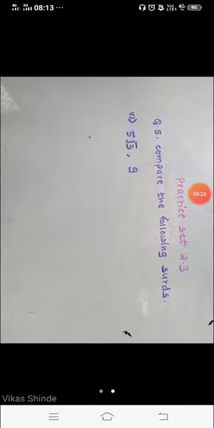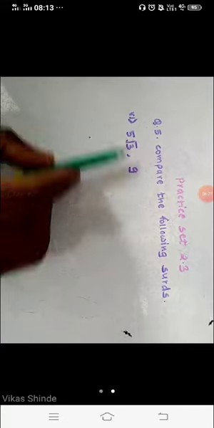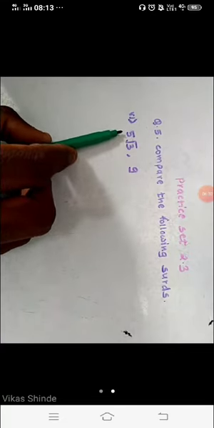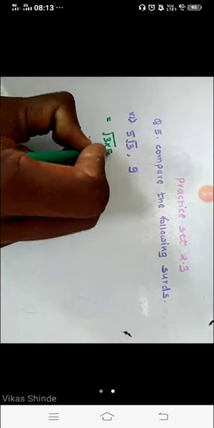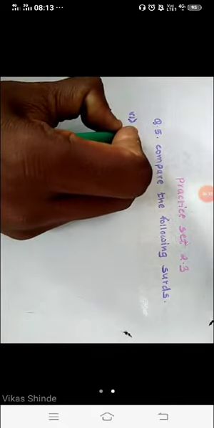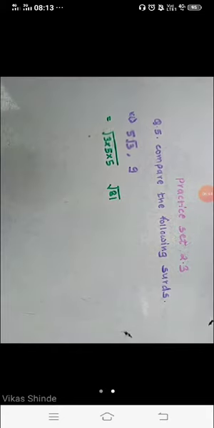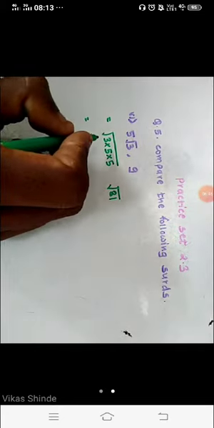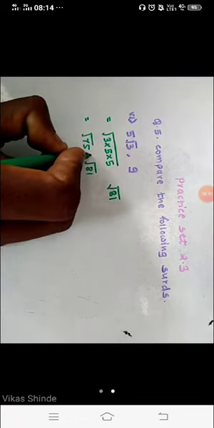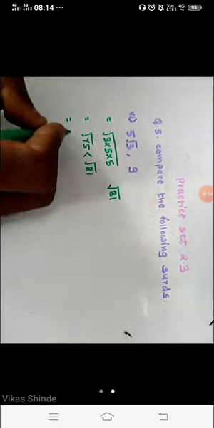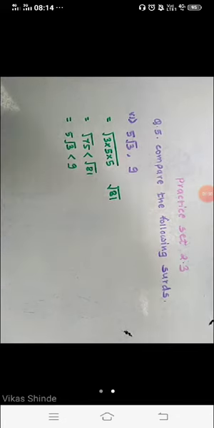Look here student, the next question here, 5 under root of 3 and here is 9. If you look carefully, we have to convert this mixed surd into pure form, so we have to write here 3 and then 5 into 5 because of the order 2. So this 9 is under root of 81, and 5 5s are 25, 25 3s are 75, and here is 81. Look here, the second one is greater, so that's why we have to write 5 under root of 3 is smaller than 9.